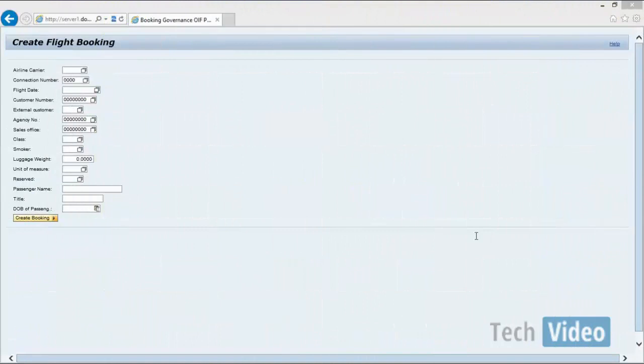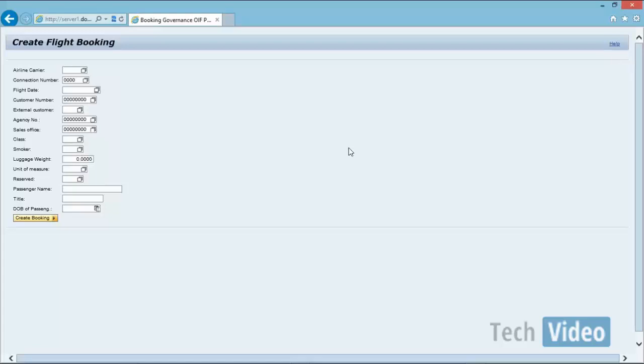As I said, in this demo we are going to look at how we can initiate workflows from a WebDynPro application. As you can see, I have created a sample WebDynPro application for creating a flight booking. I have implemented this application on a floor plan manager. So we are not just looking at a simple WebDynPro web application; rather we are creating an FPM application, and we are trying to integrate